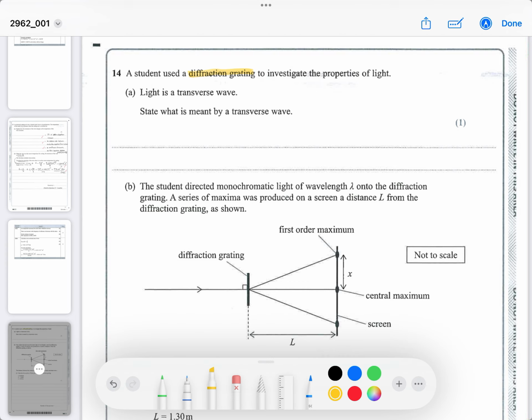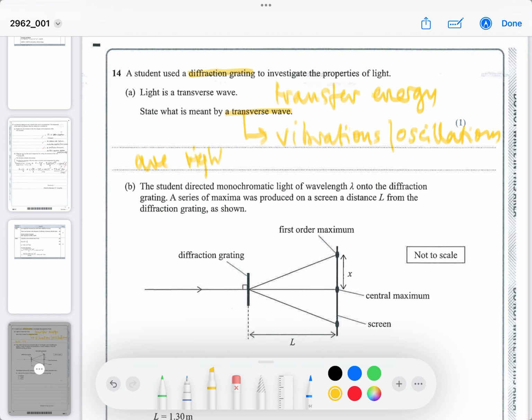First of all, they want you to explain what is meant by a transverse wave. So first of all, what is a wave? So a wave transfers energy. So that's one thing. And then transverse wave, the vibrations or oscillations. You need to have one of these two words. And these vibrations and oscillations are at right angles